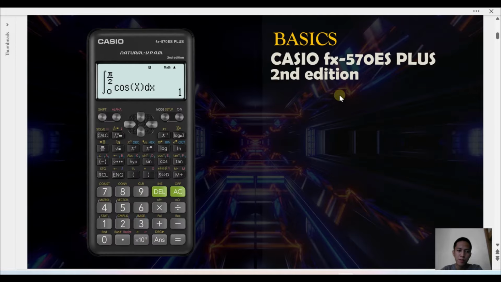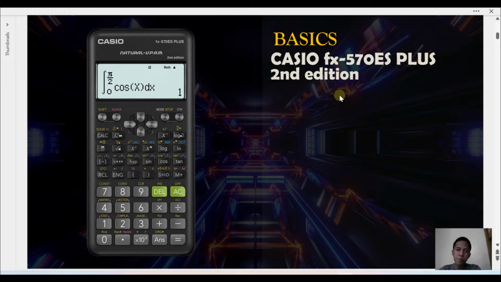So the calculator that we are going to use in this series, guys, is actually the Casio FX570S Plus second edition. So bakit namin pinili itong calculator? It is because ito yung calculator na widely used by engineering students. Okay? So ito yung ginagamit ng mga engineering students in their board examination, except, of course, for civil engineering. So iba yung model ng calculator na ginagamit nila sa board exam. Pero sa college, guys, you can use this. Mapa-CE ka man or mapa-mechanical engineering or geodetic engineering, chemical, and other engineering courses, you can use this calculator in